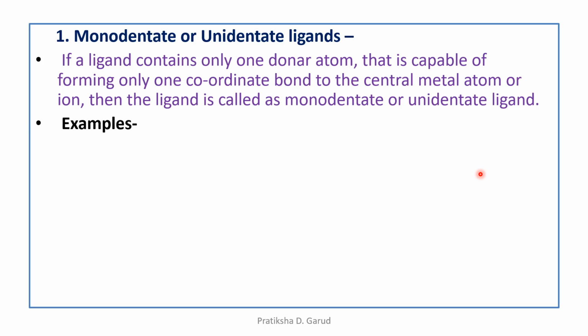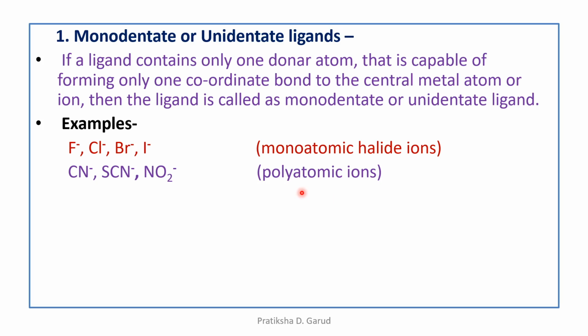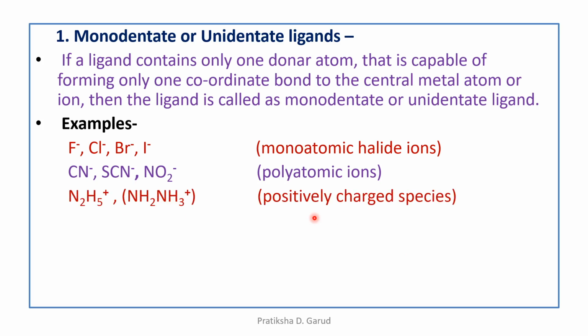Now, its examples. The first type of examples are monoatomic halide ions, that means F minus, Cl minus, Br minus and I minus. The second type of examples are polyatomic ions such as CN minus, SCN minus, NO2 minus. Then positively charged species such as N2H5 plus, NH3 plus. And a fourth type of example is neutral molecules such as NH3, that is ammonia, and the